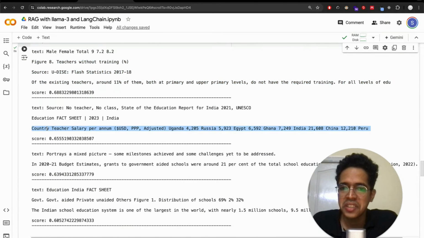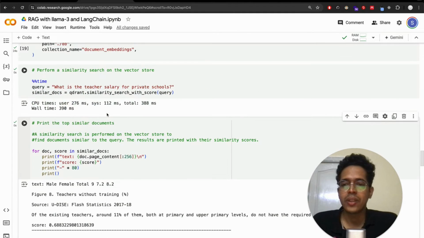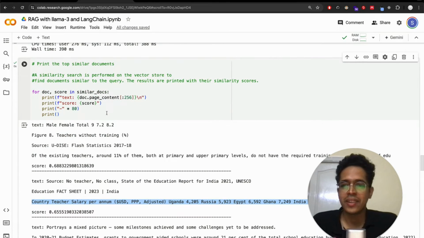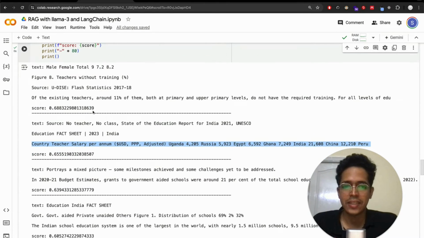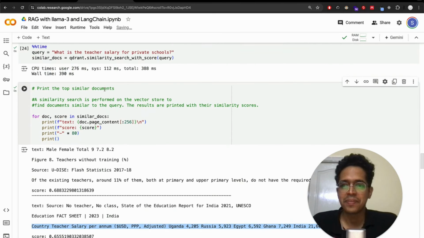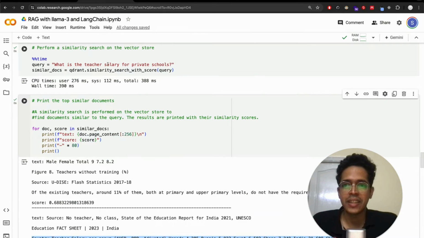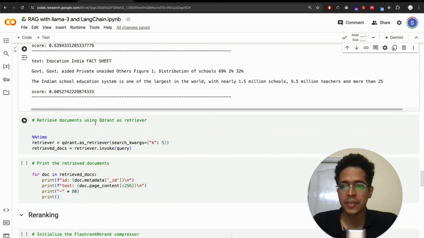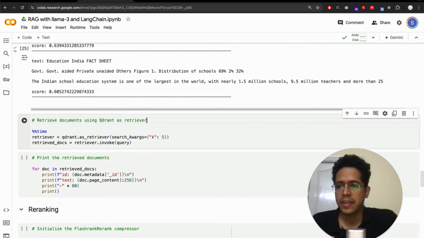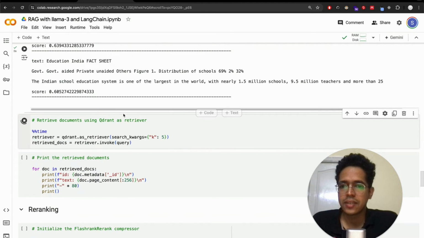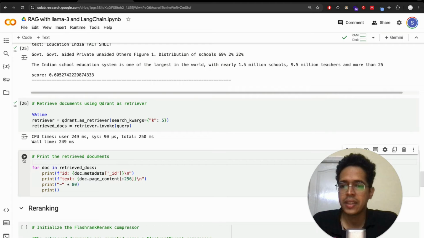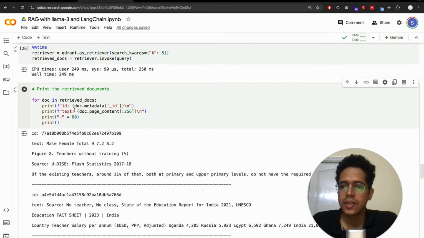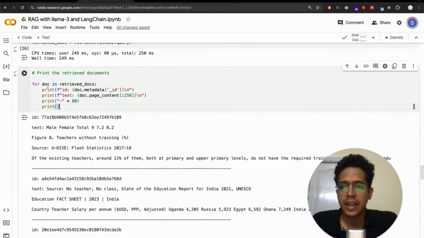I would say this is the most similar, but I guess the similarity score depends on how the vector store is storing it. So it's not as simple as mapping what you see in the query to what you see in the document which is printed. But anyways, next is retrieving documents using Qdrant as a retriever and printing the retrieved documents. So let's do that. Here we are printing the retrieved documents,